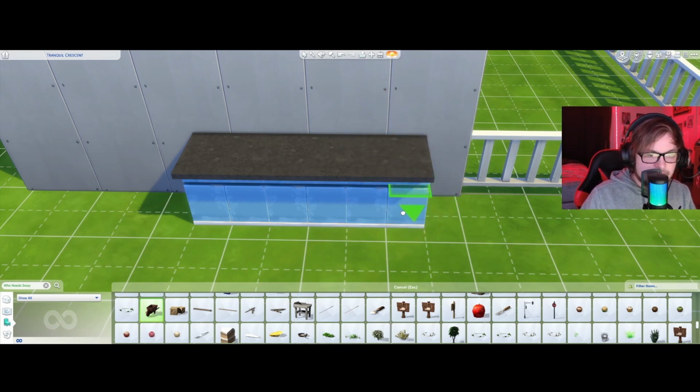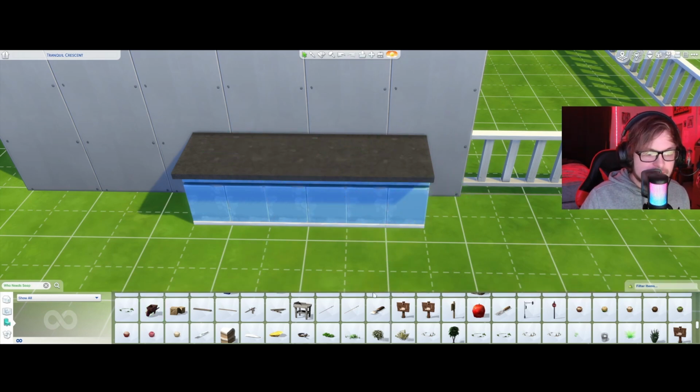I can scale it down. We can have like a statue of a wheelbarrow on our counter if we wanted. I mean, this is just awesome. We can hold Alt and place it wherever we want on the counter. You can do this with everything. So it's pretty handy to have